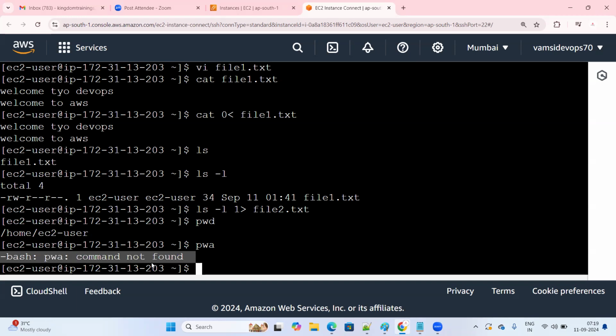If it has printed an error message and I would like to save the error messages into some file, then what I do is pwa 2 greater than, and I give some file name called file3.txt. Try to understand what I'm doing. We know that pwa is not a command, so it is throwing an error, command not found. Whatever error message it has printed, I would like to save into some file. So for that reason, I'm using this particular command, pwa 2 greater than